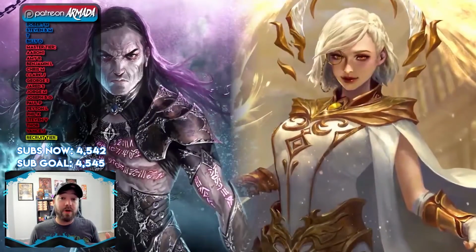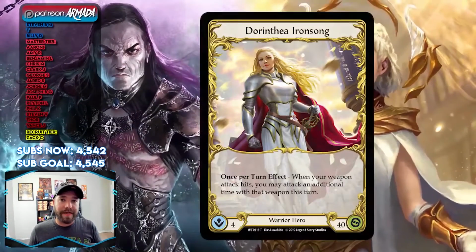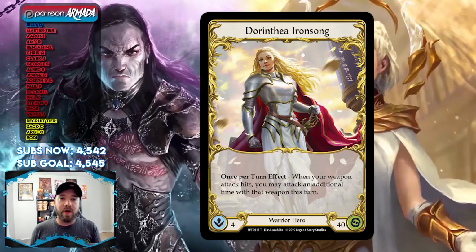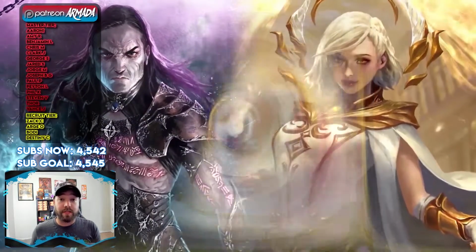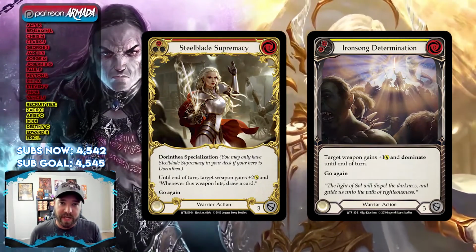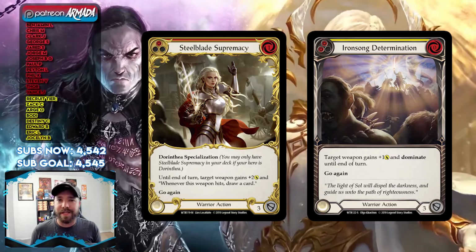And the last hero within the Welcome to Rathe class is Dorinthia and Warrior, and to me, Dorinthia is strongest when she can play Steelblade Supremacy and Ironsong Determination. Those two cards in concert